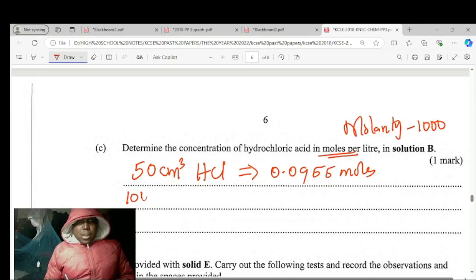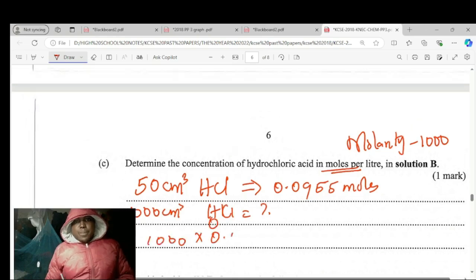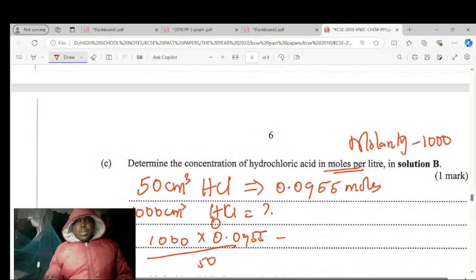So we will ask 1,000 centimeters cube HCl itakuwa na how many moles? 1000 times 0.0955 divide by 50, na hiyo itakupea 0.0955 times 20, because 50 inaenda kwa nini 20 times, ina mara moja, hii mara moja hapa mara 20, so the answer is going to be